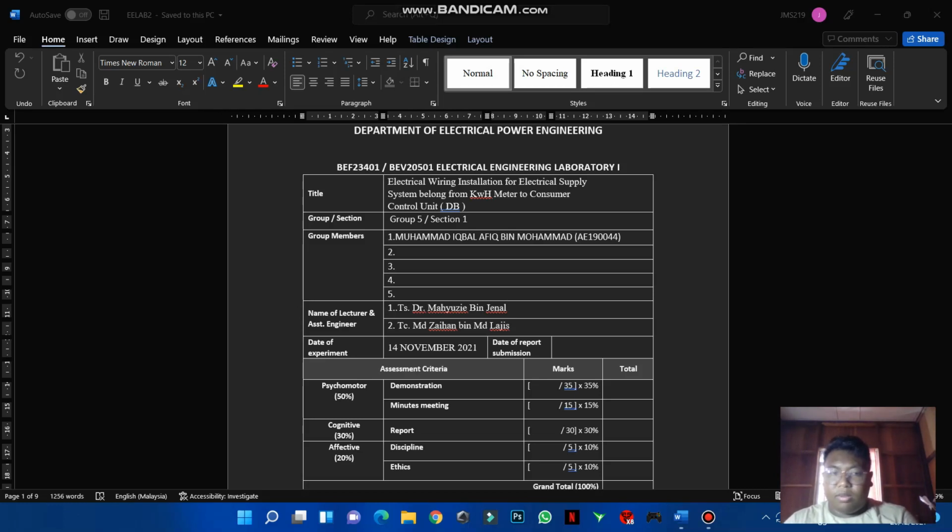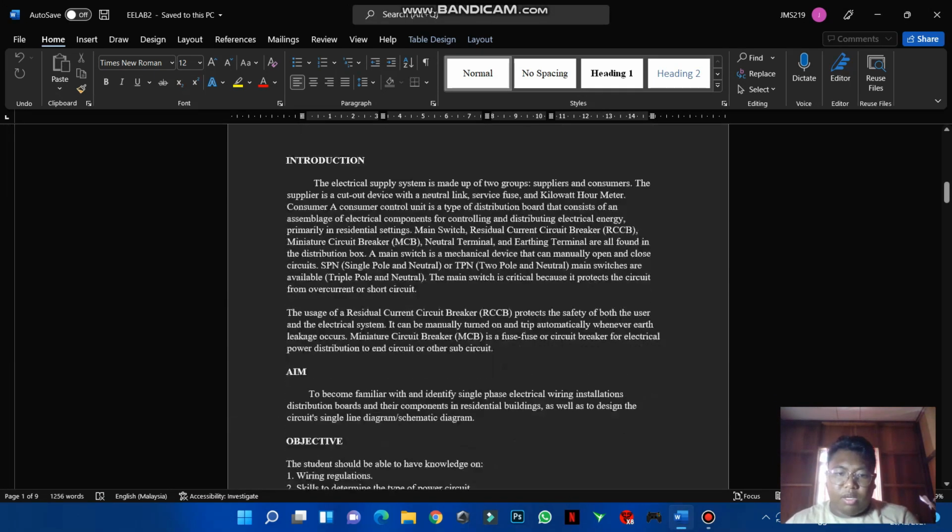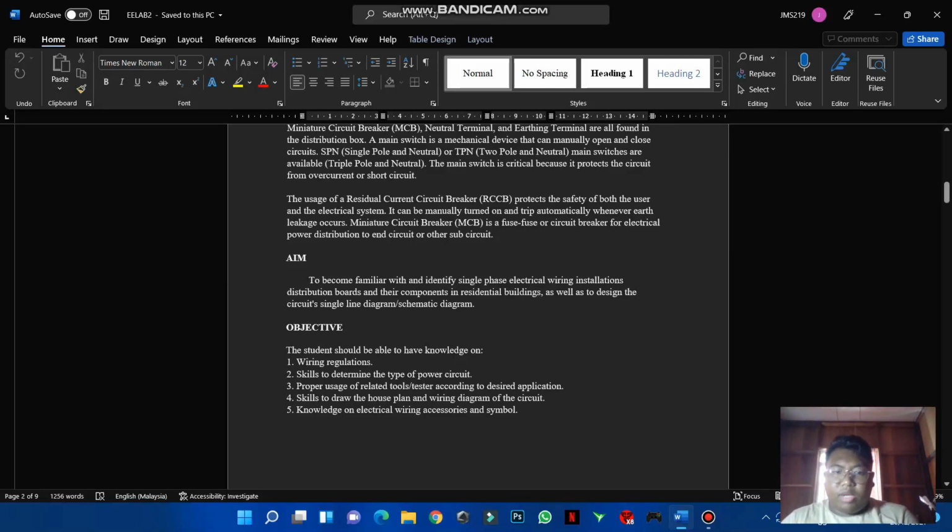For today, I will be presenting Experiment 3, which is electrical wiring installation for electrical supply system, from the kilowatt meter to the consumer control unit. The aim of this experiment is to become familiar with and identify single phase electrical wiring installation, distribution board and their components in residential buildings, as well as to design the circuit design line diagram, single line diagram and